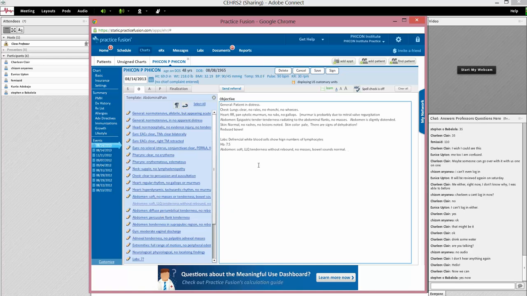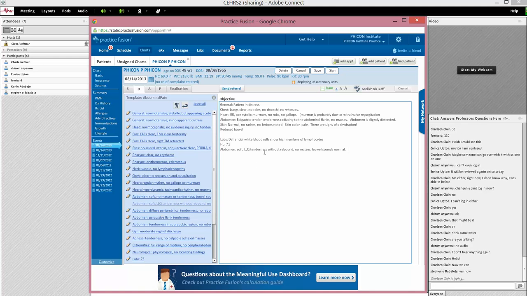Alright, so basically I added there's tenderness without rebound, which means that there's a specific type of pain to the touch. So when the physician touches the stomach, there's a characteristic pain that when the physician presses on the stomach and leaves it suddenly,